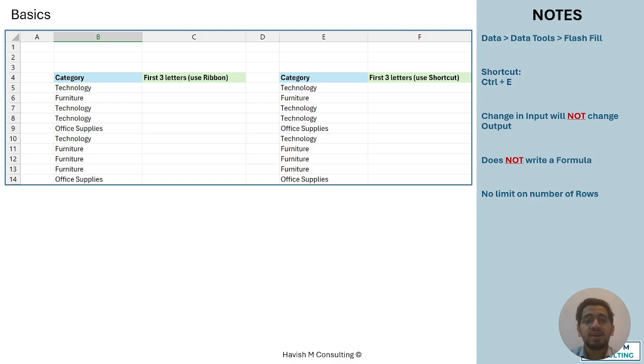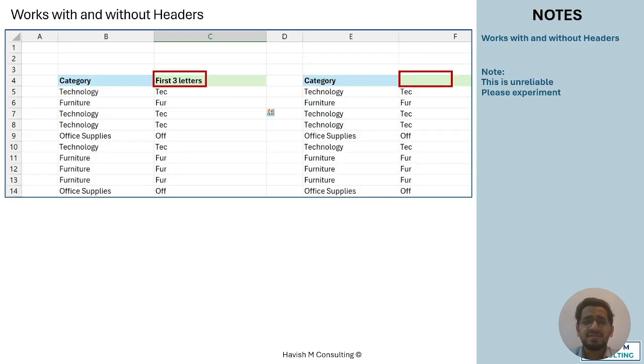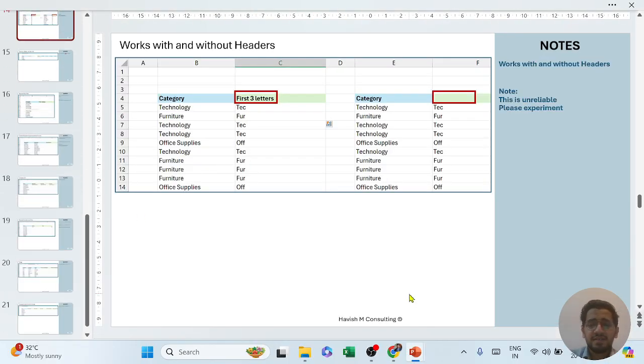Then in the next step, we moved on to flash fill, which is a very interesting option available in Excel, wherein I give it a sample and it extracts the output for me. It generates the output for me. Very important to remember that flash fill cannot write a formula for you, right? It works basis the sample that you give. So there are multiple examples around flash fill, and